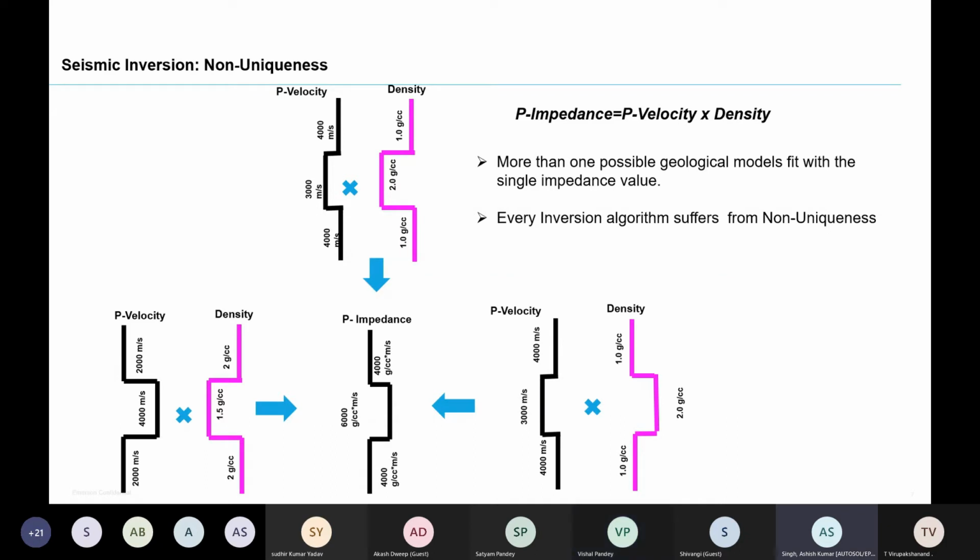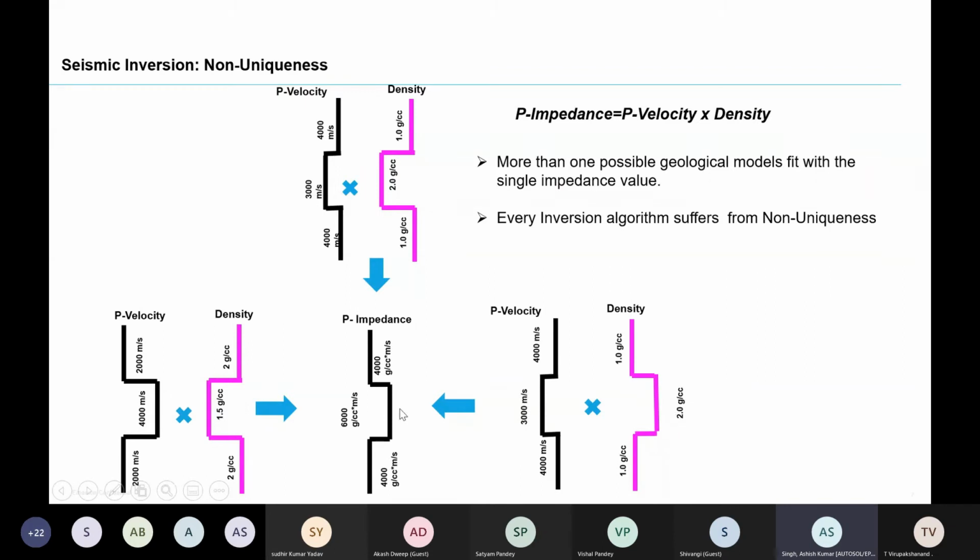But you can easily say, what is your name, gentleman? Vishal Pandit. Vishal, let's understand very carefully. You know the equilibrium theorem of gravity? Basically rho into h, means density into thickness of the bed, right? If you are fitting a model, suppose you get any anomaly, here a number of permutations and combinations you can get. A number of models can fit that particular anomaly value, right? Suppose, here I am giving the example with impedance. So here 4000 impedance, if multiplied by density, you will get 6000. And in the second case there is a 3000 meter per second velocity and density is 2.